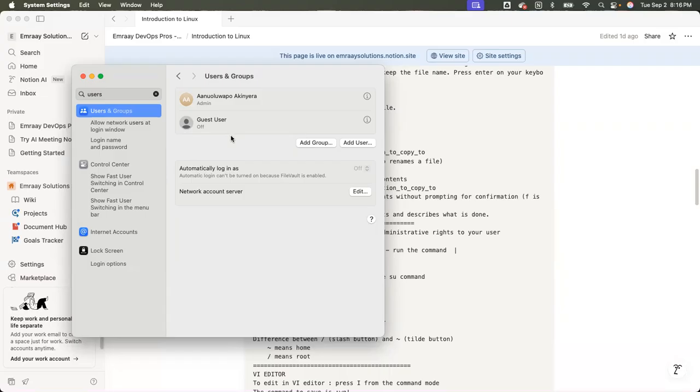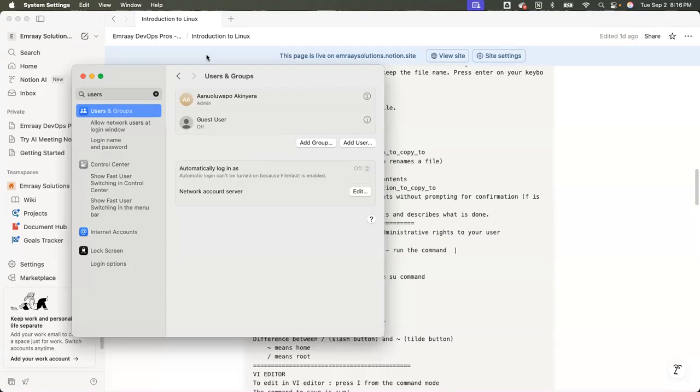I wasn't even asking about privilege or anything. I just want you to say right now, only Anoluapo can use this computer. You need to have Anoluapo's password to be able to use this computer. But when you have created a new user, the new user can also use the computer. Then you can add with limited permission or with full permission. But what it means is that you can have more than one user using the computer.